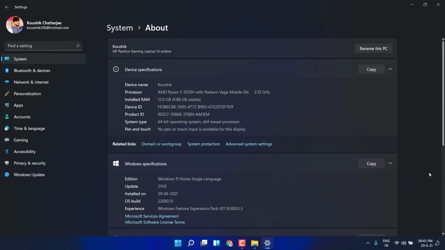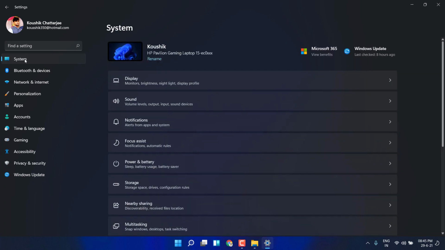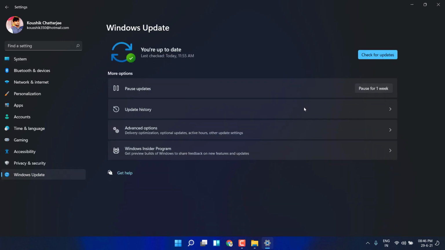And the settings page is completely redesigned. If you go to the settings, then if you go to the system, you can see the major changes. So first we have the name of the computer, the brand of the PC, and then we have some kind of advertisement maybe, and then we have the Windows update. So if you click on this Windows update, the menu looks really good now compared to the older versions of any versions of Windows. So here we have check for updates.